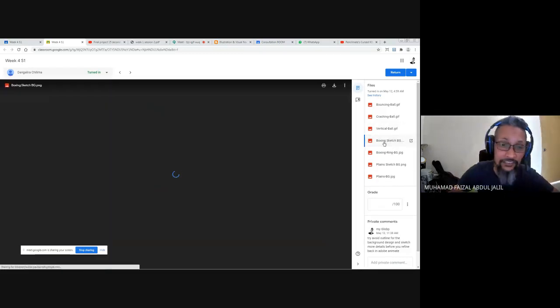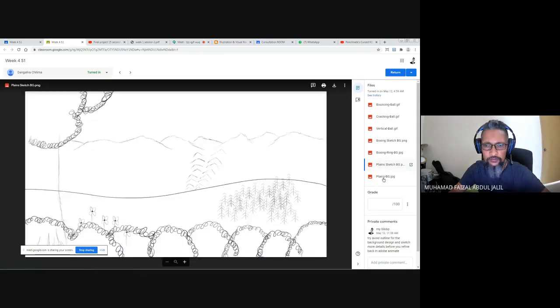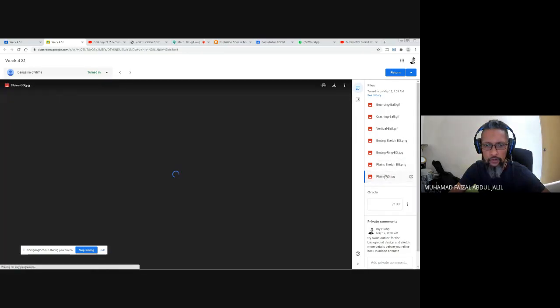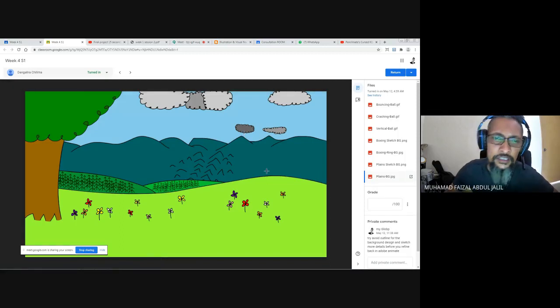To design characters, normally you don't have to draw all those fancy things. This is one of the sketches where he wanted to try to draw the environment style for his background, but it doesn't look fine, because maybe he did not manage to sketch it out. Maybe he had a little misunderstanding of how to operate the tools. The proportions look off, like a drawing style for the sketch.